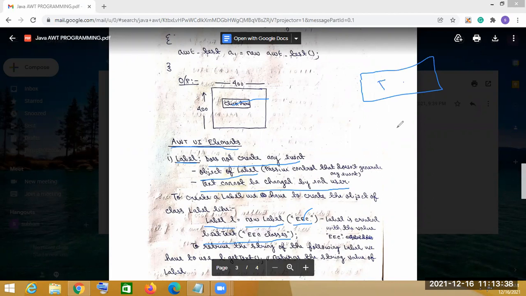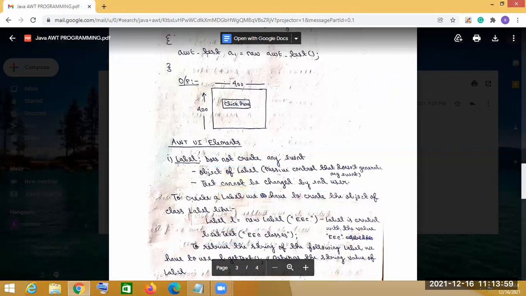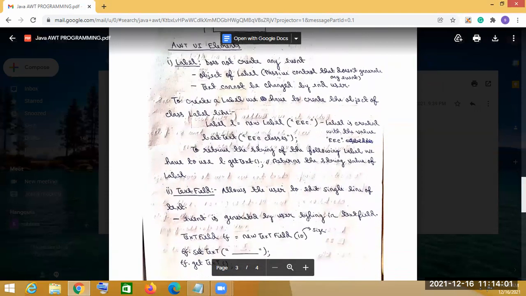Through the getText method, the string which we have fixed, we want to retrieve that. This is the concept of the first user interface element, that is the Label. Okay, so this is the Label, and we can use it like that. Now next is the